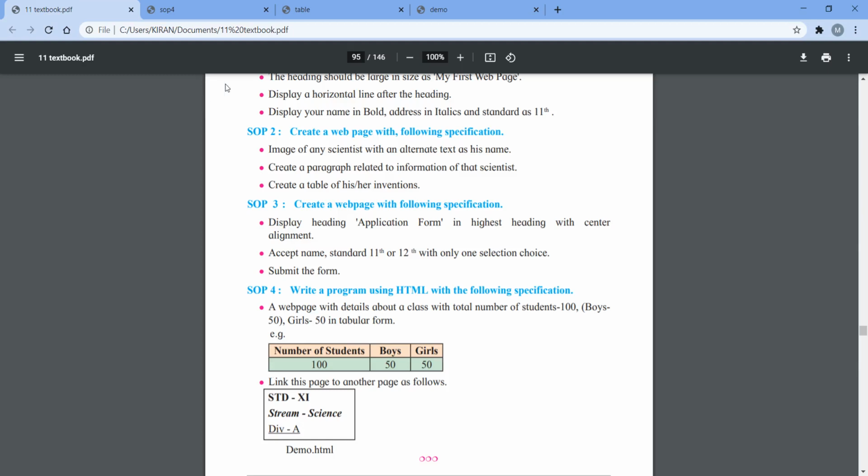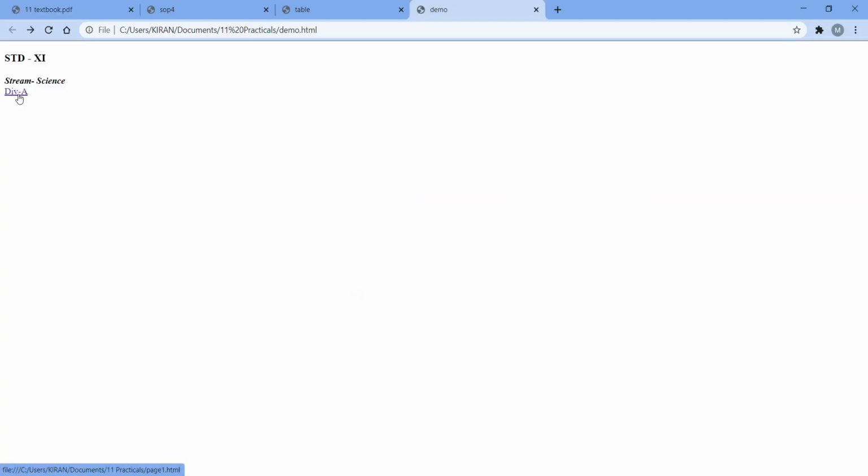One more thing: see, the color of this link changes. Before visiting it is blue. After we have visited this link, it is purple, and when we click on this link, it is red. There are attributes for this which I explained in my last lecture, in the video on impressive web designing where I explained the anchor tag. There I gave the attributes of the body tag, that is link, vlink, and alink, so we can set the colors of the active link and visited link. You just check it out.